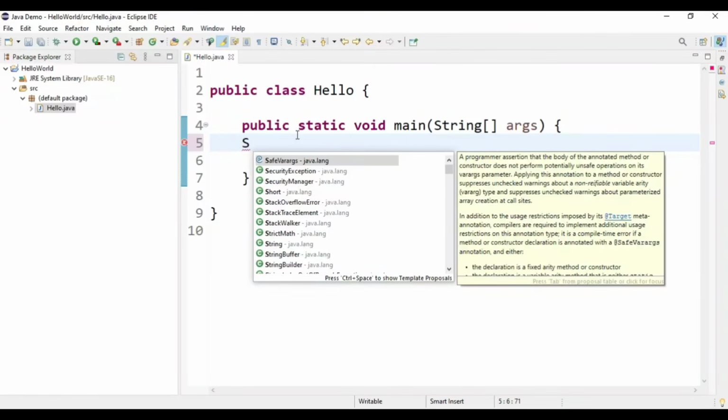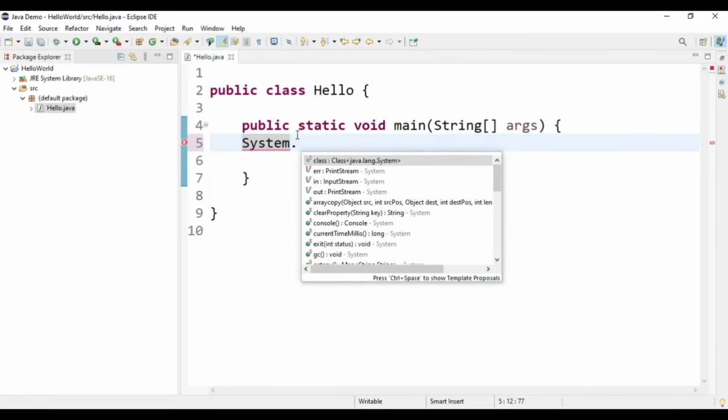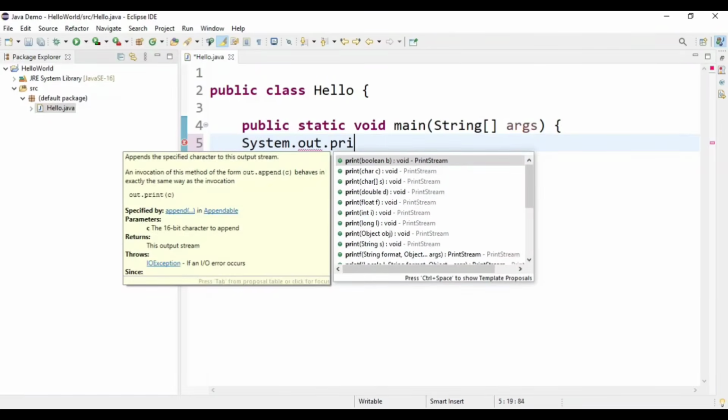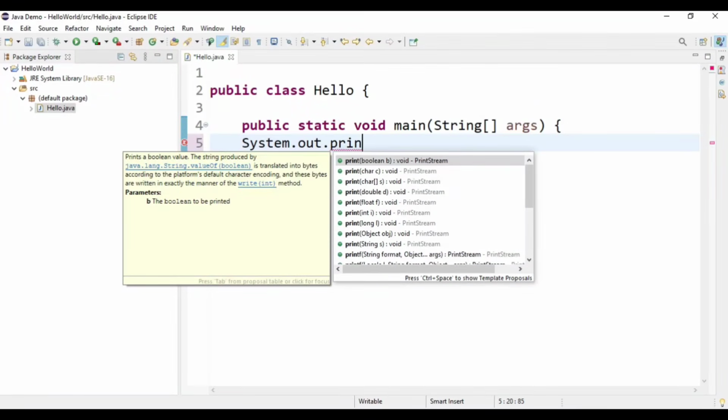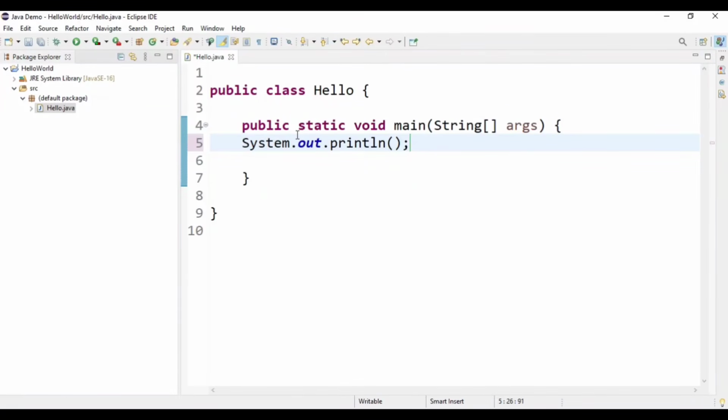It is going to show you all the IntelliSense starting with the letter S. So SY, I can write System, and then it is going to show you other IntelliSense related to System.out.println. You can use the print method also. So println, and then I'm putting a semicolon, and in this I'm going to print a message, welcome to the world of Java. This is my simple message.